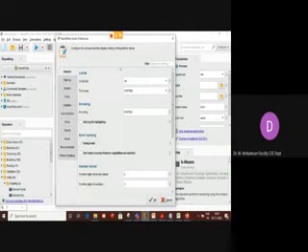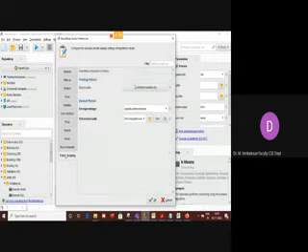You will get this window. Now you can see the Python scripting down below. If the Python scripting is added, then only it will be visible. Under that Python, you click this.